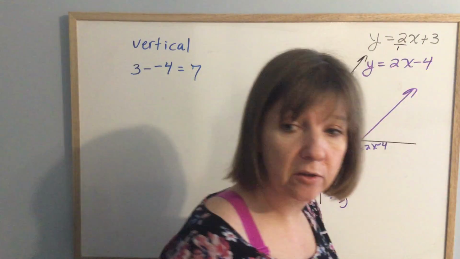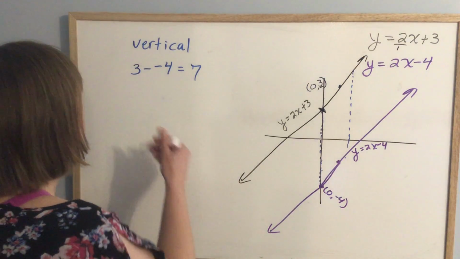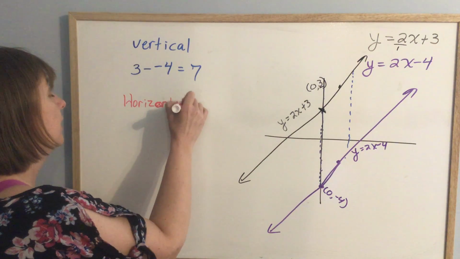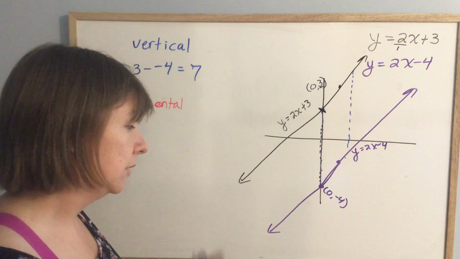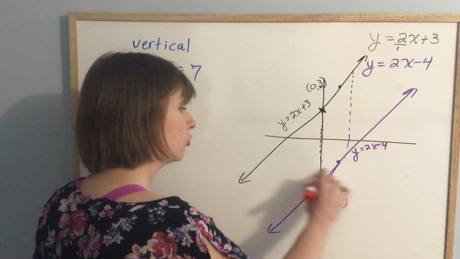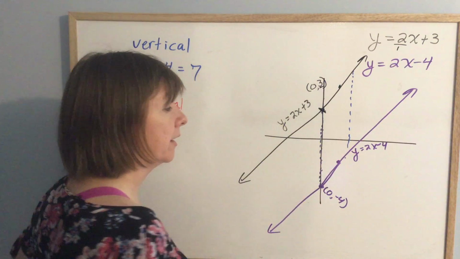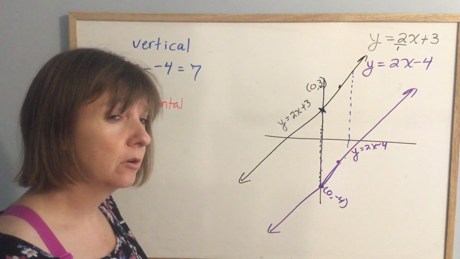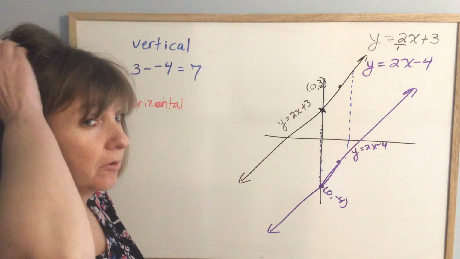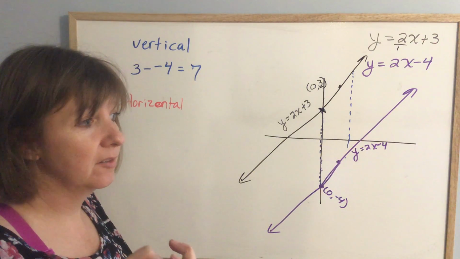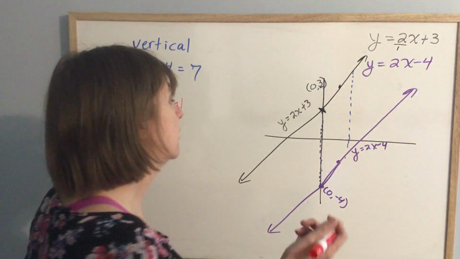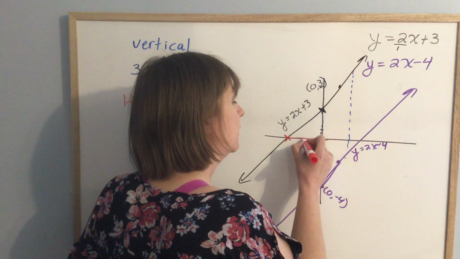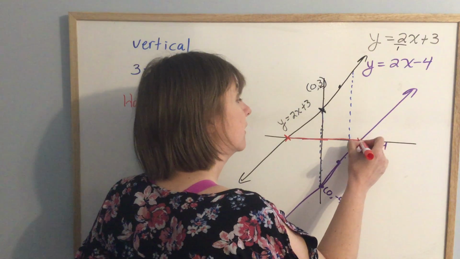All right. They also want to know the horizontal distance. So horizontal distance is just if I draw a horizontal line straight across from one line to the other line, how far would that be? Again, there's an easier choice. It doesn't matter where you draw that horizontal line, it's not right or wrong, but it's easy versus hard. If I take the x-intercept and draw a straight horizontal line along the x-axis,